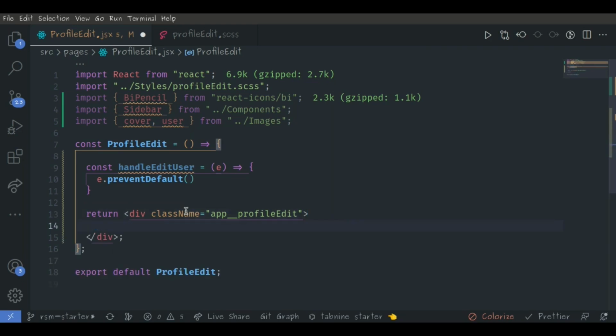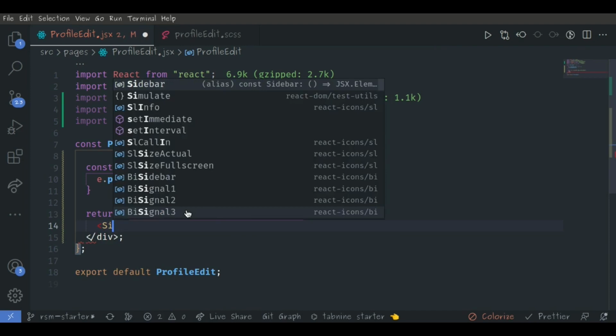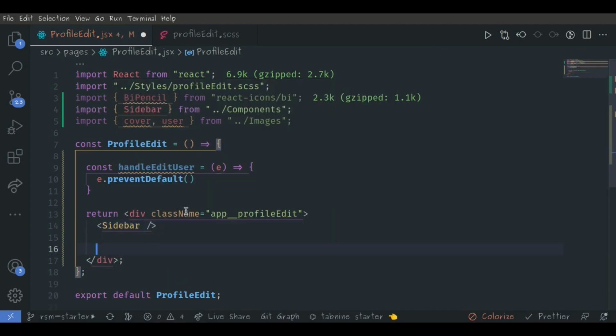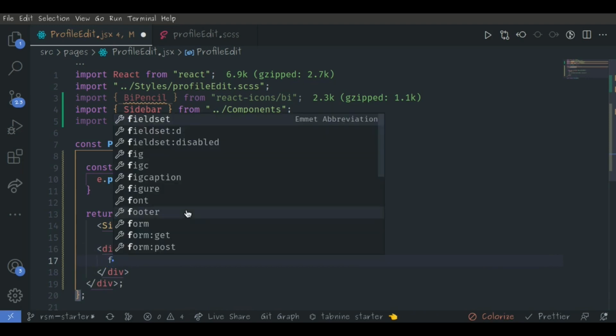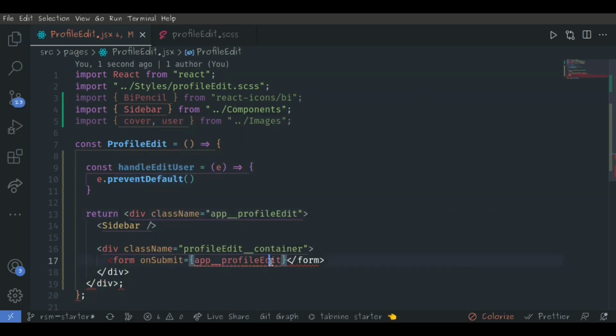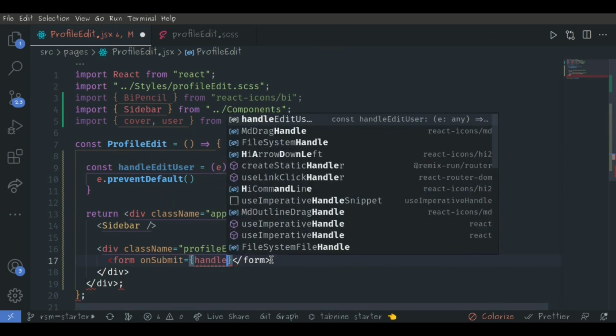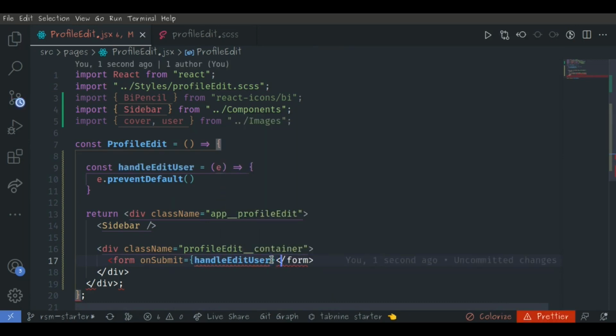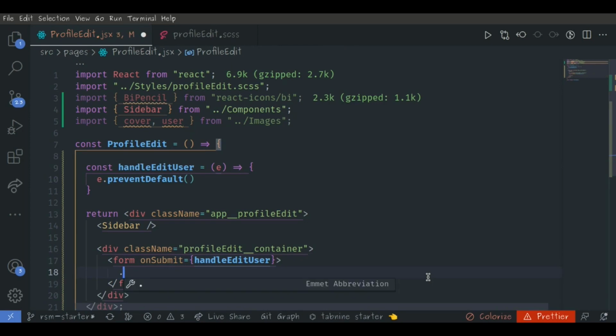Then inside of which I'm going to first of all bring in my sidebar from my components, and now I'm going to say here the profile edit container, inside of which I'm going to have a form where we are going to have the onSubmit, which is going to say handleEditUser, just like that. And inside of which we are going to have the user profile pictures,